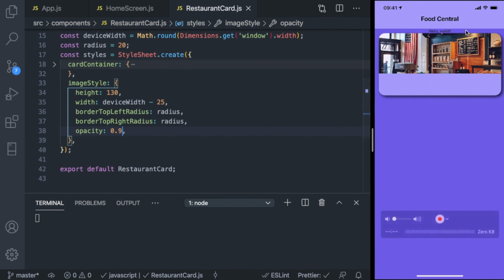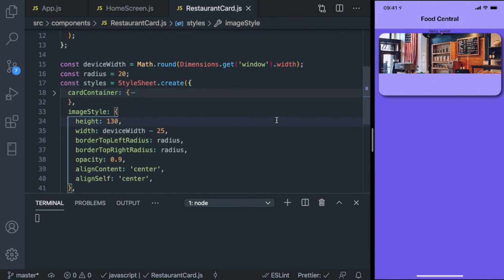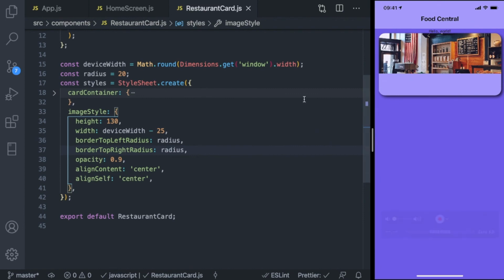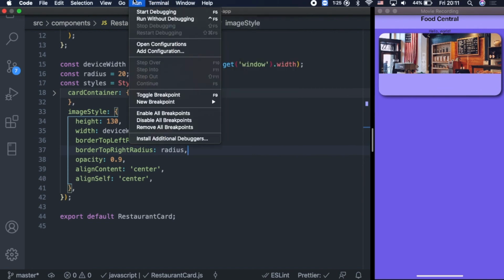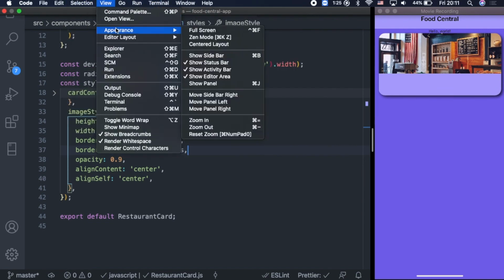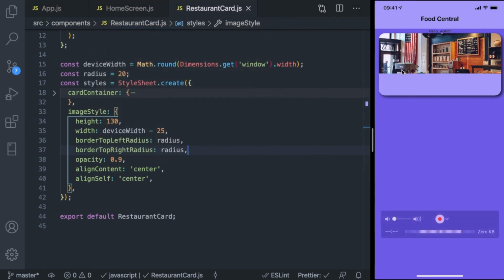Okay, so that's our image. So that's the image part of this card. I'm just going to get rid of this bottom panel. So that's Command J or Control J to get rid of that. Or you can just go to view, appearance, and here they are. Okay, so that's the image, and now